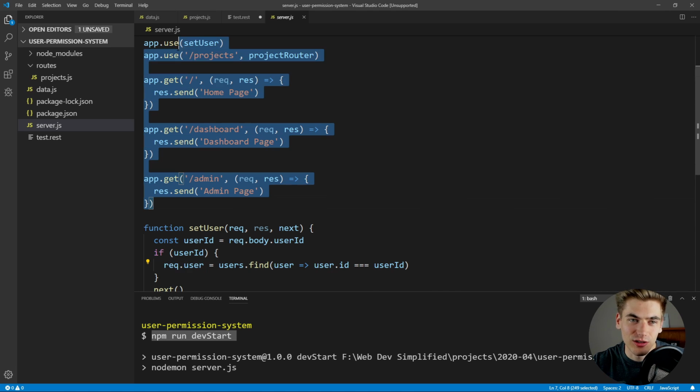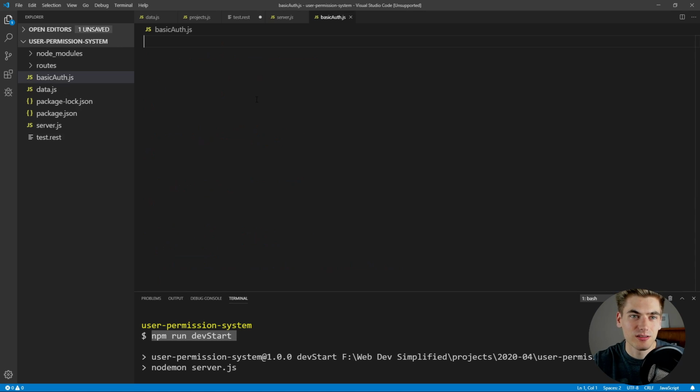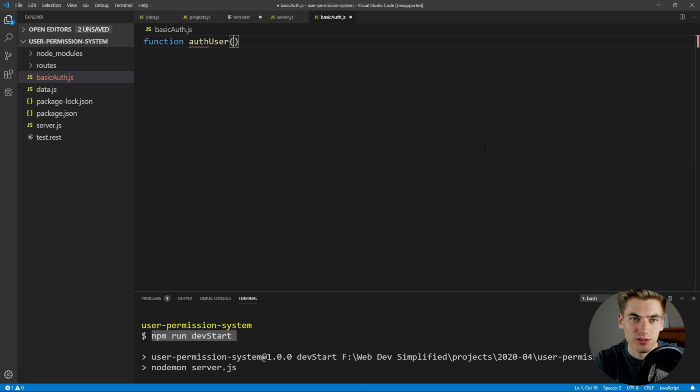And instead of writing this code inside of our server.js file, I want to create a brand new file for this, and we're just going to call this simple file here basic auth.js. This is going to be for our really basic authentication, and we're going to create a function in here, which is going to be called authUser. And this is just going to be a middleware, so it's going to take in a request, response, and next, and this is going to check if the user exists, if they're logged in, if so, continue,